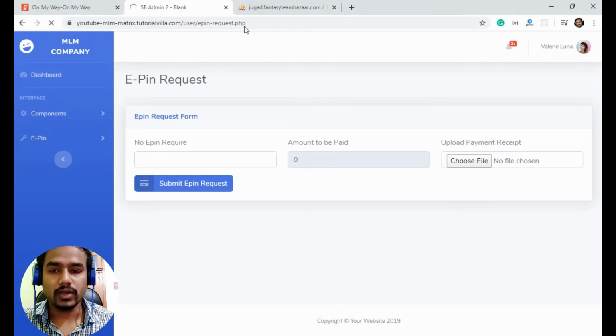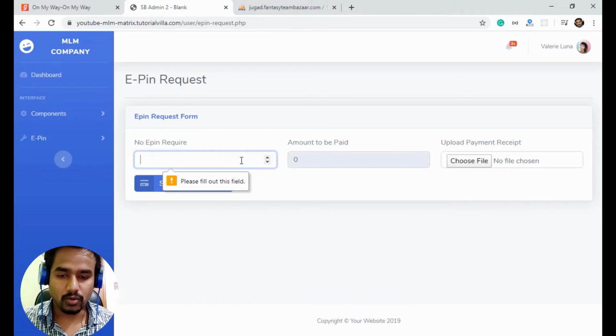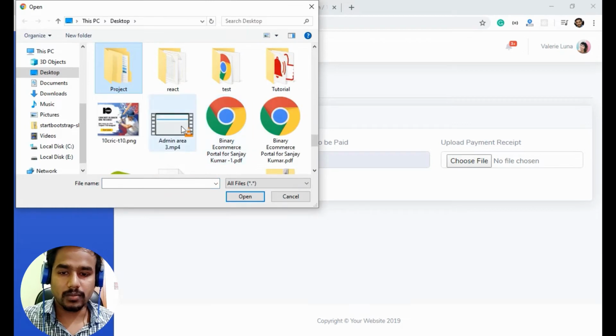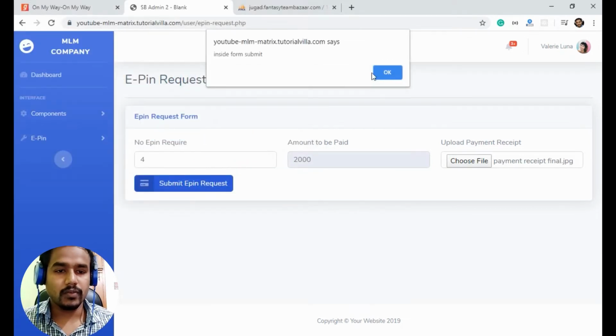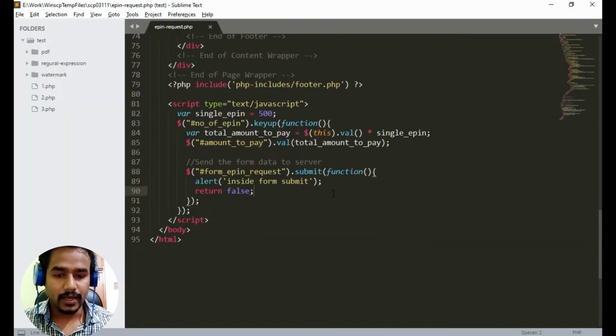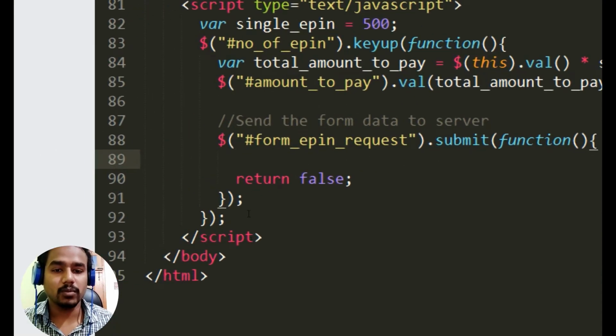So when I refresh the page, without entering any value, I can submit the form. I just need to pick an image, and if I submit the form, the alert is showing. It means it is working, and now we don't need this alert anymore, and we need to access the information